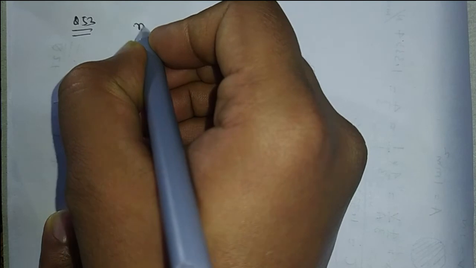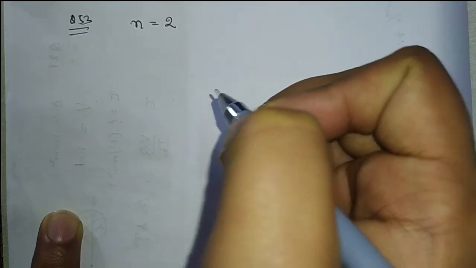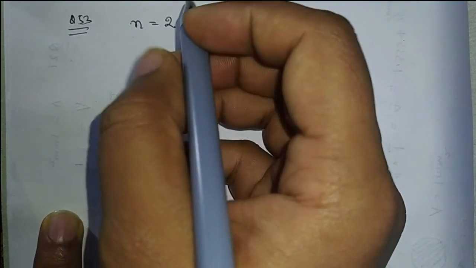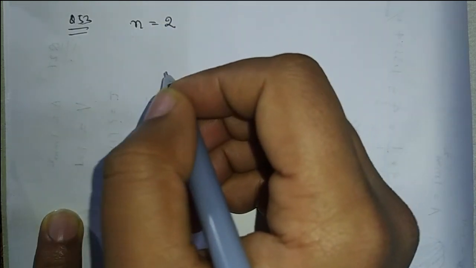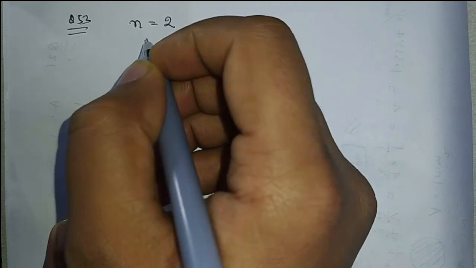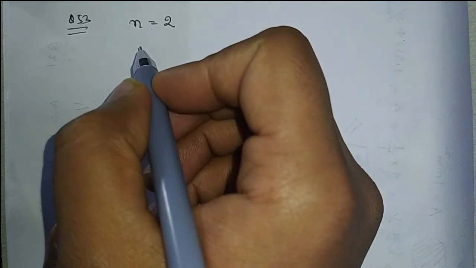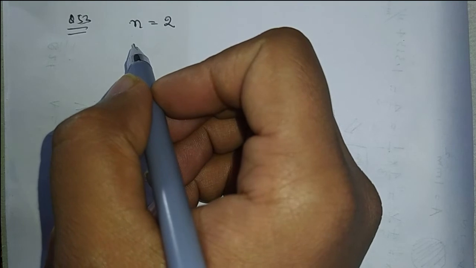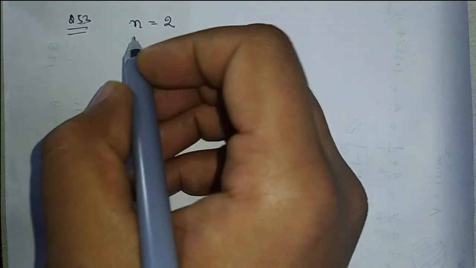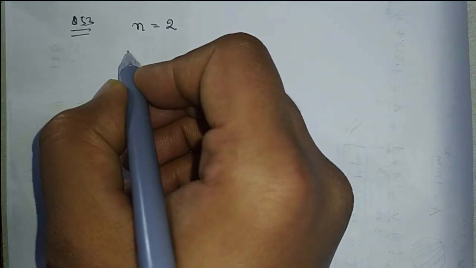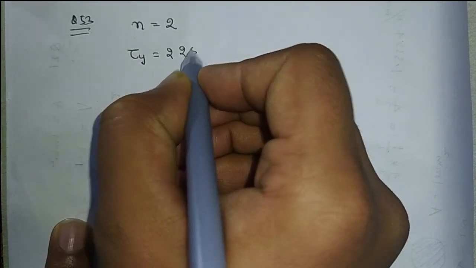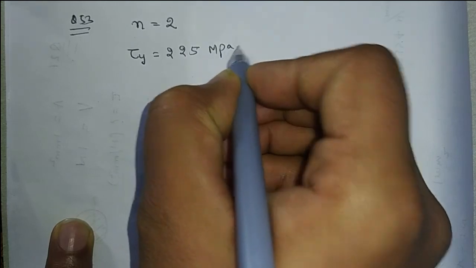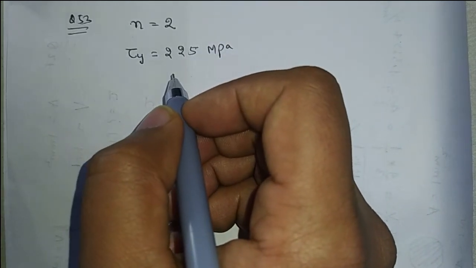In question number 53, we have to assume the safety factor of 2. We have to tell what should be the approximate thickness of that shaft with the material Y, the shaft which is used in question number 52. The yield stress for the question number 52 was 225 megapascals,